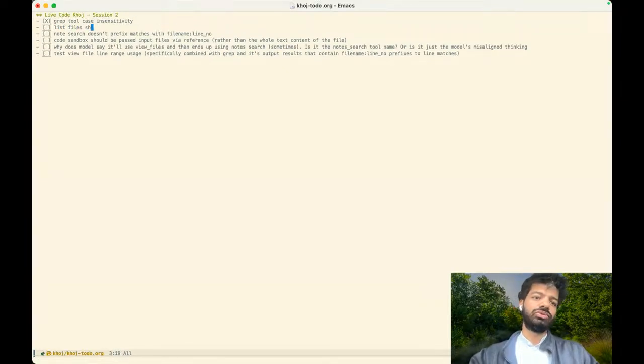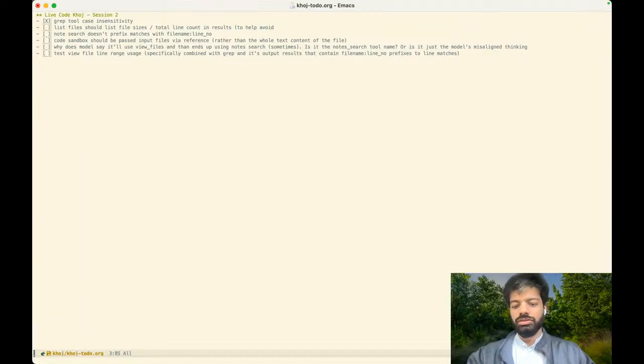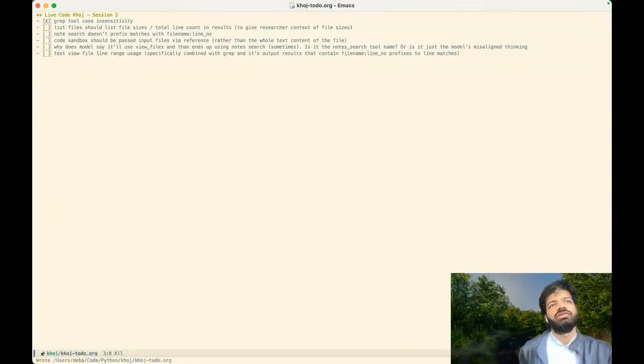List files should list files sizes slash total line count in results, to help avoid the researcher having to view file, or just to give the researcher context of file sizes. And this could be generally useful as well, like for small files, while it could output the whole